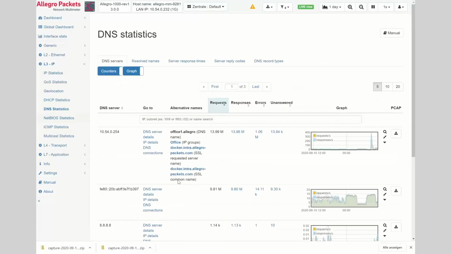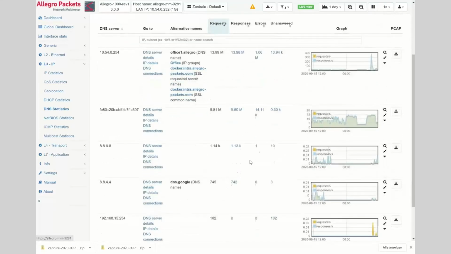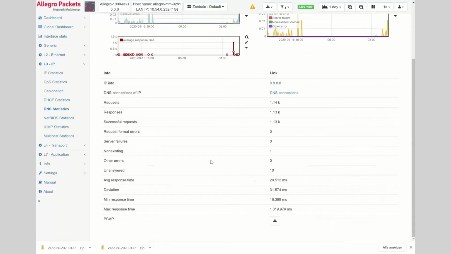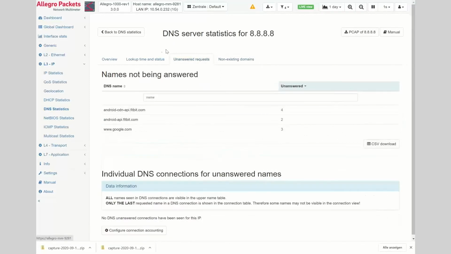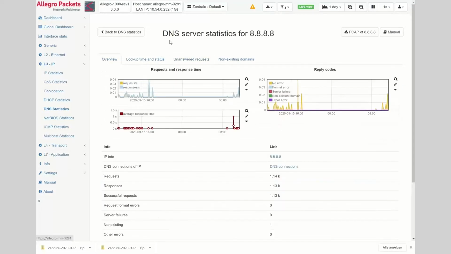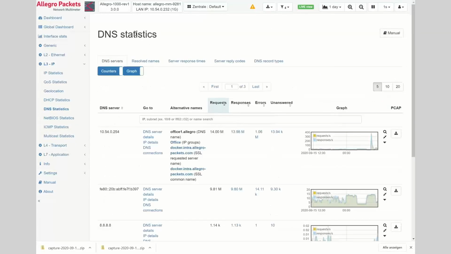And again, of course, you find that for every DNS server. So for example, if we see here Google DNS, then we can look into what has been asked here, a crazy name, and it looks like there are some Android devices looking for these Google 8.8.8.8 DNS server. We got first response on that from test customers, and they said it's really helpful because it reduces the debugging time for DNS very much.